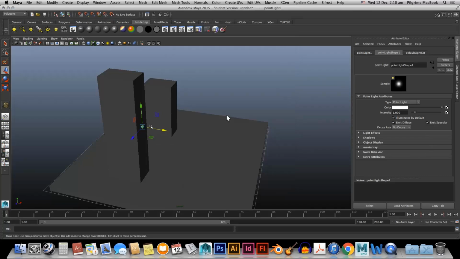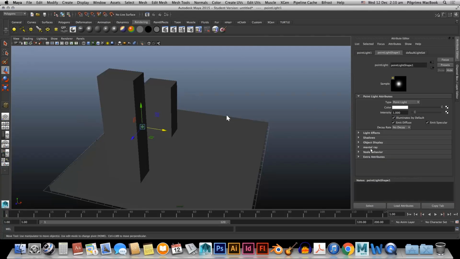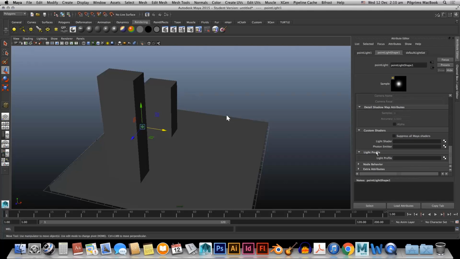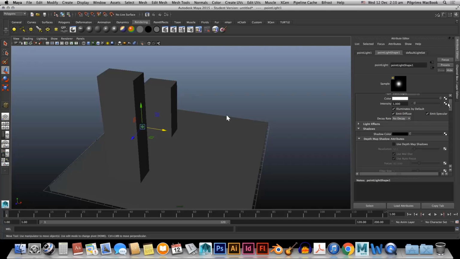Now by selecting the light, you have the mental ray tab, because we have switched the render settings from Maya software to mental ray. Okay, so you will get this mental ray tab. If you select the light, here we have the mental ray tab. If you click over here and go down, at first, before applying the light profile, make sure that your shadow will be